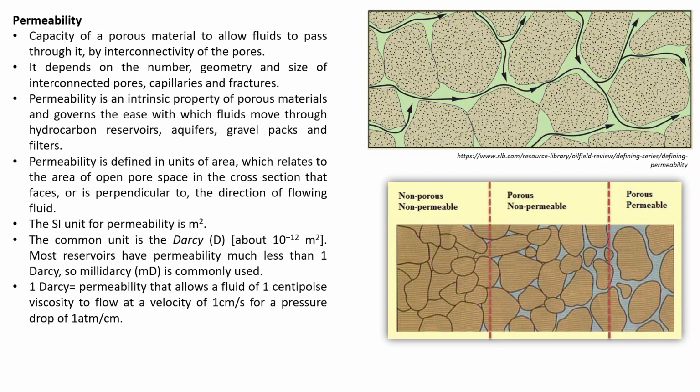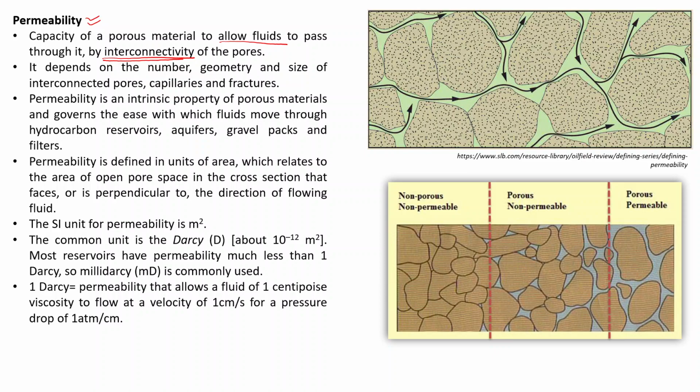Okay, so this was about the porosity. Now let us look at the second important feature. See, porosity is not enough unless the pores have the ability to communicate with each other, meaning that they are connected. The capacity of a porous material to allow fluids to pass through it by interconnectivity of pores is called permeability. In this diagram you can see that all these are pores and they are interconnected so that they may allow the flow of